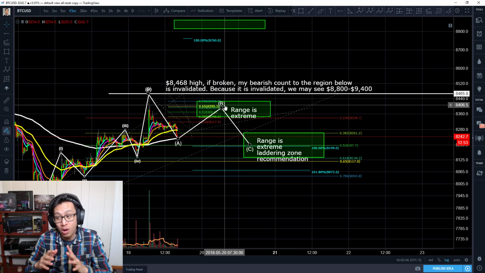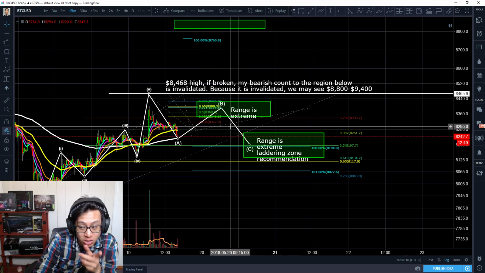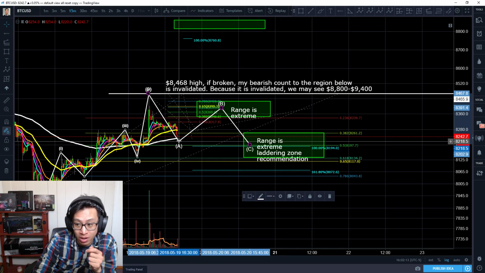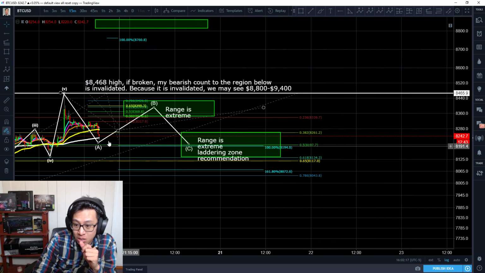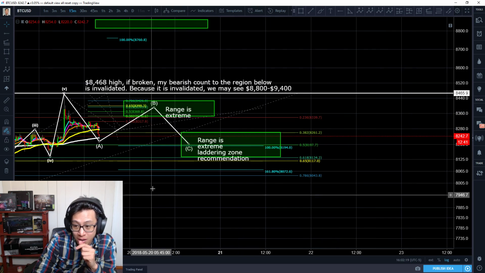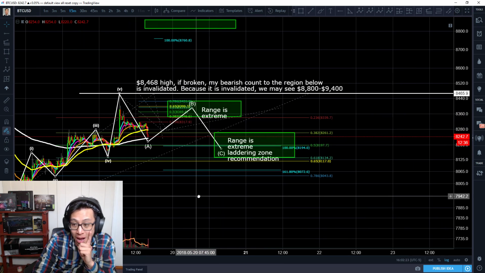Now, don't get me wrong, guys. This is just a prediction, okay? I believe that it will make a B eventually. I just don't know where A is actually going to end yet. I don't even believe A is finished yet based on how everything is looking, right? So I'm still waiting for that uptrend right now to get to B, and then I'll be interested in C. That's where I plan to buy, right?